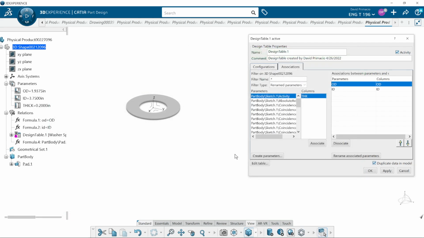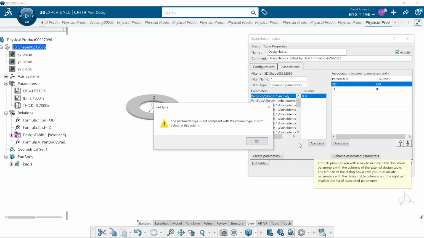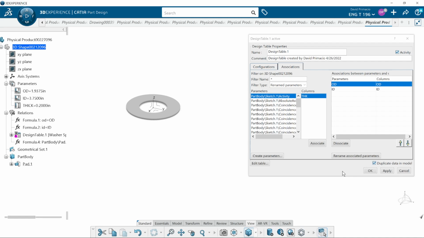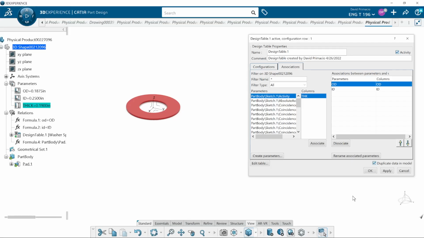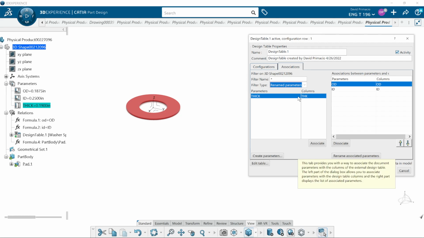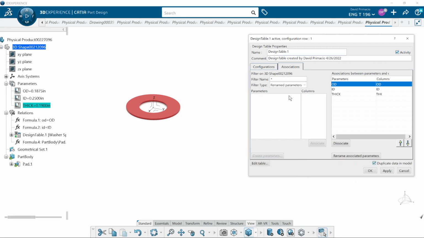Save. Associate those. I thought I had that under rename parameters and had these two highlighted, and now we hit associate, and now they're associated. So we'll hit apply,